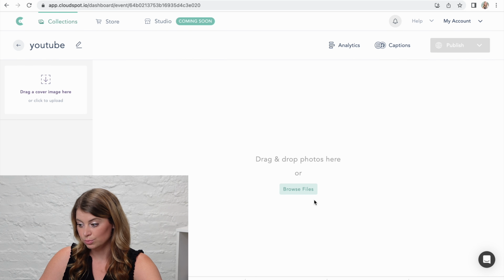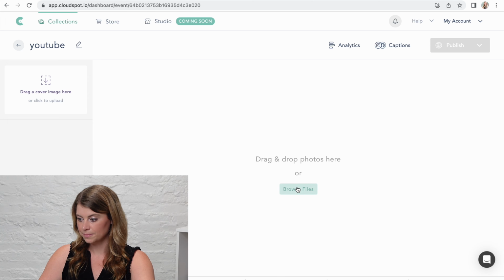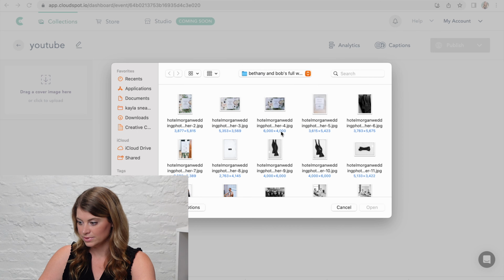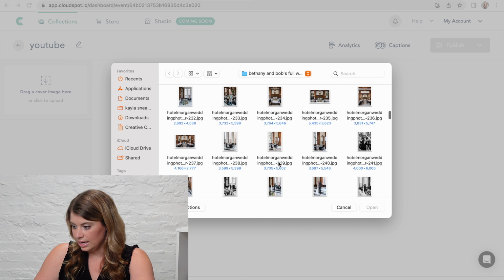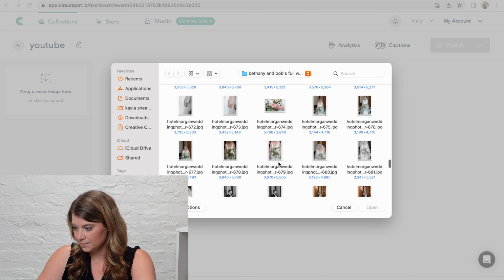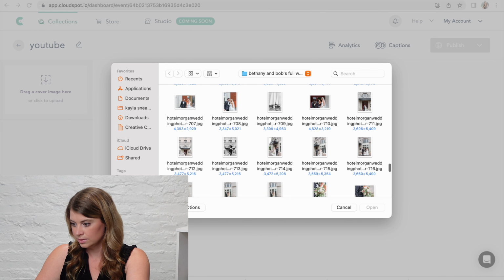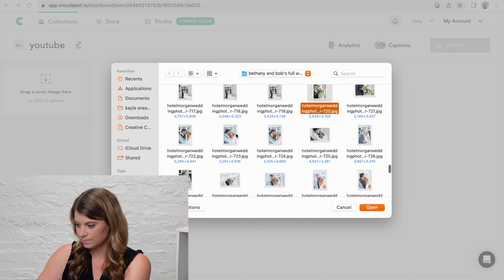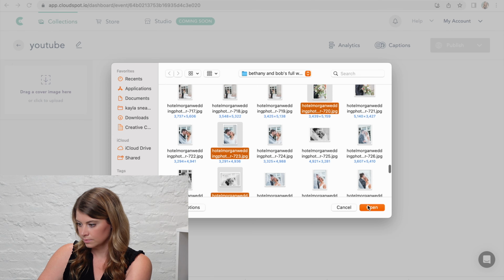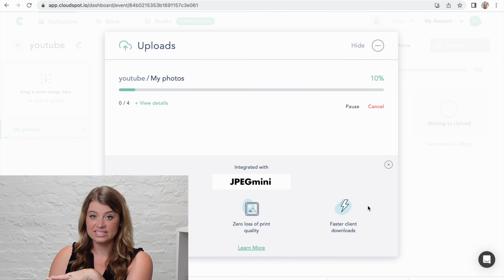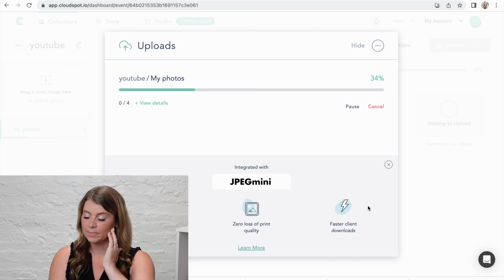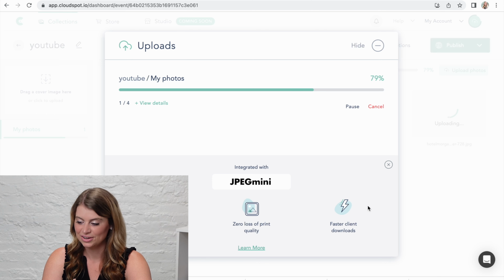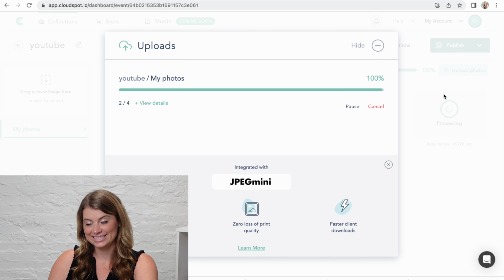And then we're going to go to browse files, or you could just drag and drop. And here there is already a gallery pulled up, so we'll use this one. Let's go down here and grab a couple. I would usually grab the full gallery, but we'll just grab a couple for you guys to see. This session that I am uploading here is the session that I edited a few for you guys, so make sure that you go see that video if you want to do that. I don't know how many times I can say you guys, but